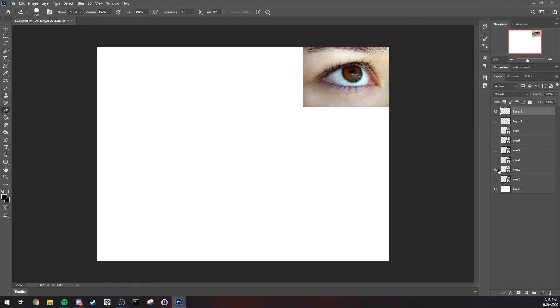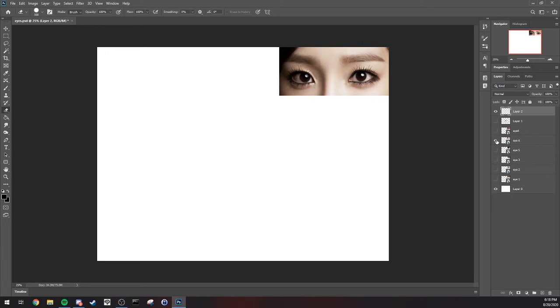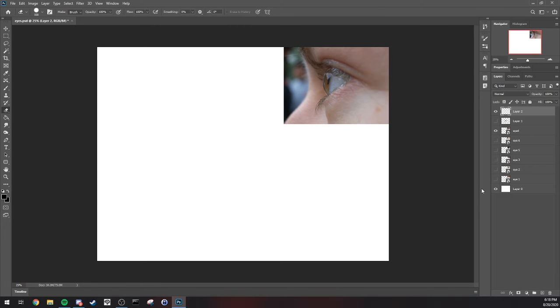And let's not do this eye. This eye is just another, a lot of close-ups. I got a lot of close-up eyes. Oh, yeah, here we go. Side view. Side view eyes are fun. So